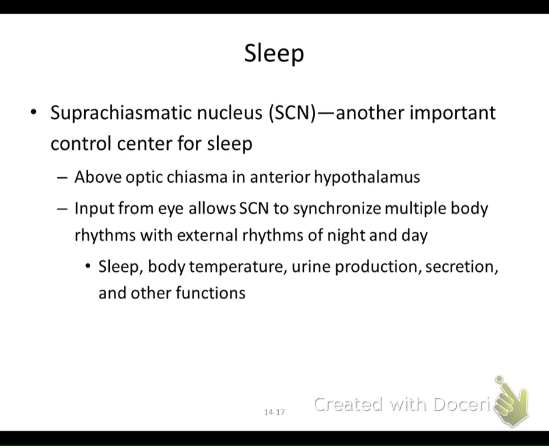Chi is the Greek letter X, right? So the crossing over of the optic nerve is called the chiasm. So right above the optic chiasm is the suprachiasmatic nucleus. It's a cluster of cell bodies found right there, and again, they're involved with sleep. It's a control center for sleep, and they help with our circadian rhythms and some of our other